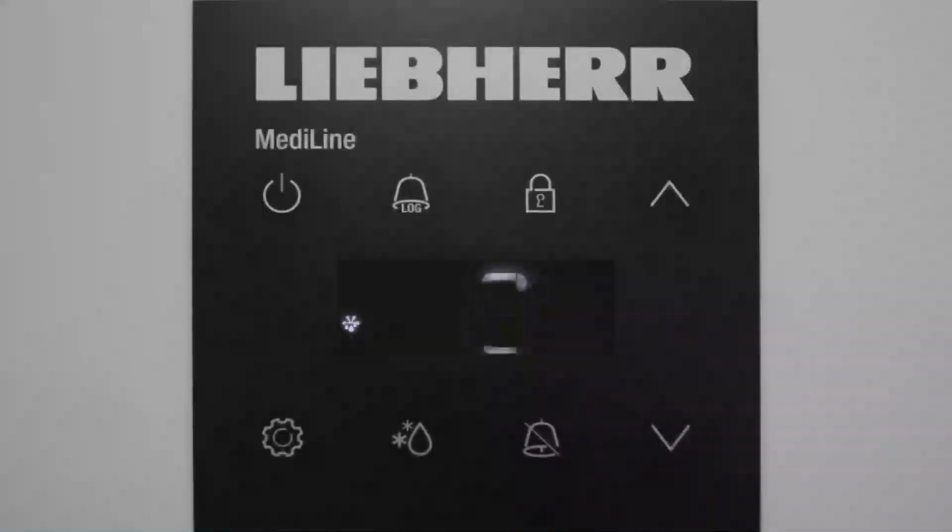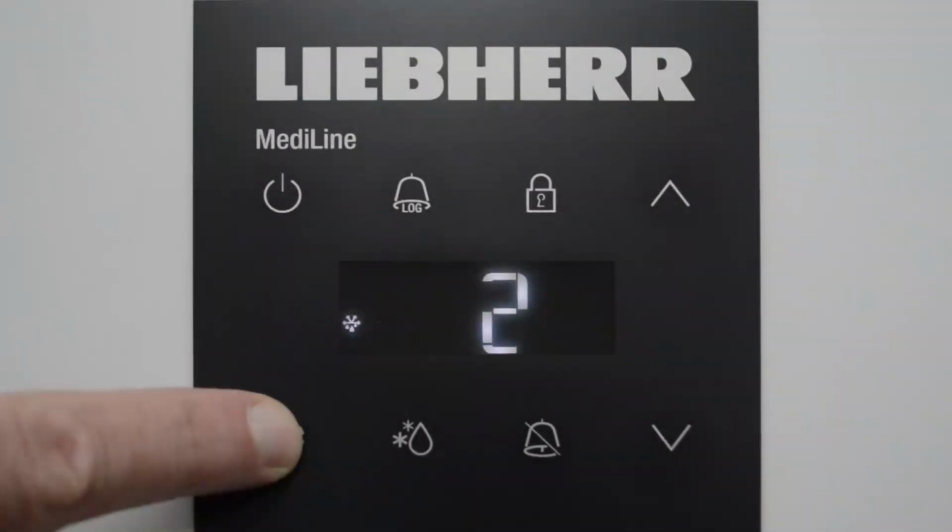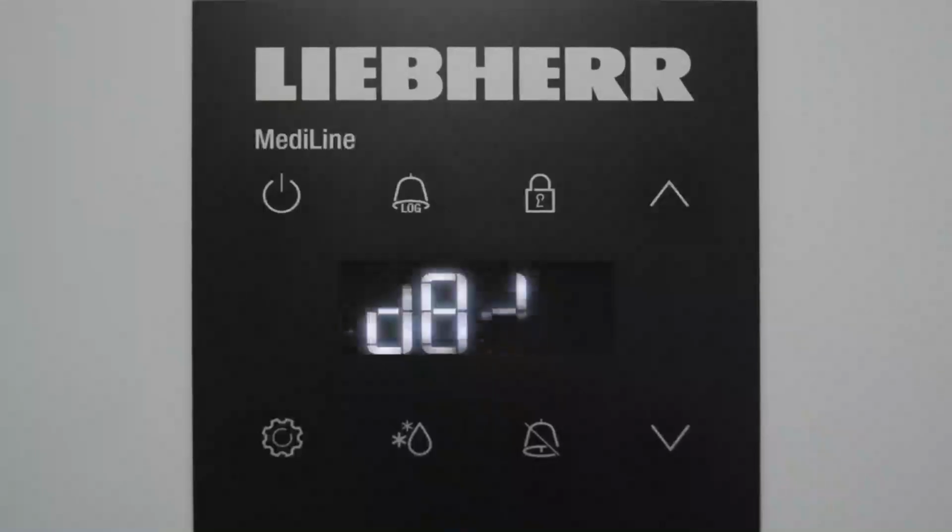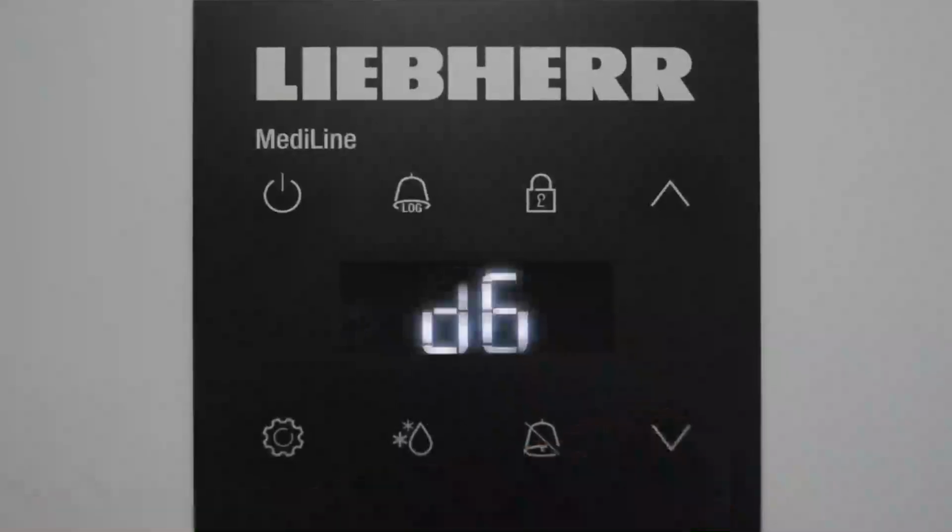Generally, I prefer to leave it 1 minute to advise people to close the door, because you don't want to leave doors open long for fridges and freezers in the biomedical environment. You may wish to use it 2 or 3 in your own applications. At this stage I've left it at 2 and press enter. Arrow down one more will bring me to